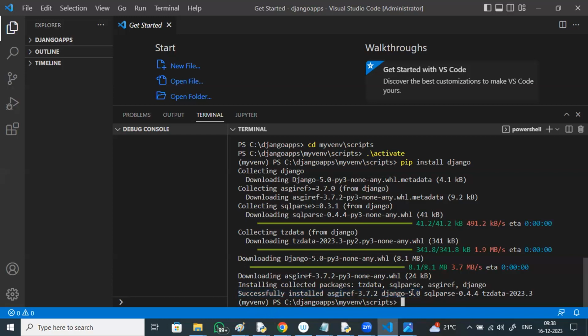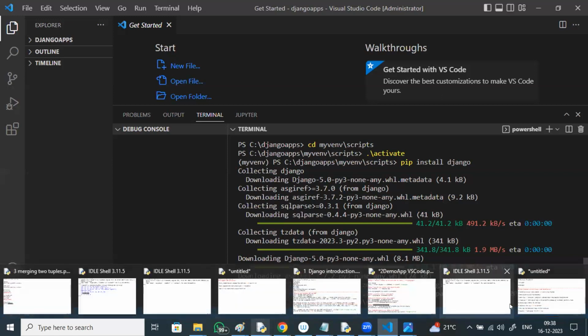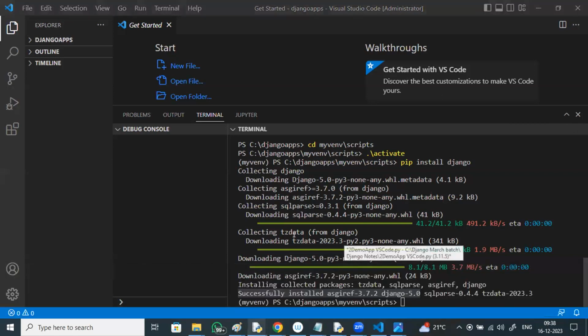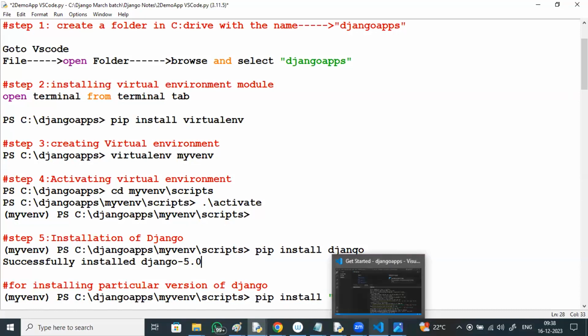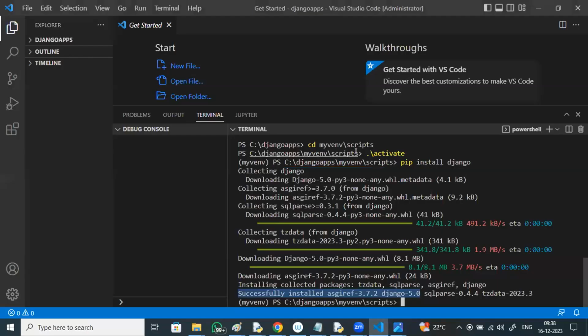What is the version? Django 5 version. Previously it was 4. If they ask you to work with version 4, install version 4 only. But whenever you say pip install Django, it always installs the latest version.